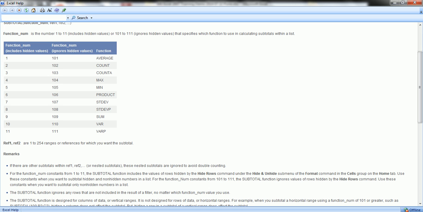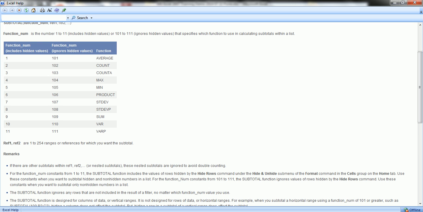How to work on it? Just keep in mind function num 1 or 101 is for average, 2 or 102 is for count, 3 or 103 for count a, and so on for the rest of the values.